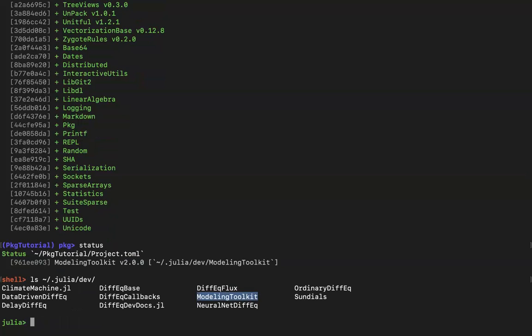You can even start your development by cloning the repository yourself. For example, I have this ClimateMachine.jl, which is not registered on the Julia registry. So you have to first clone the repository, and then do dev with the complete path of the folder.